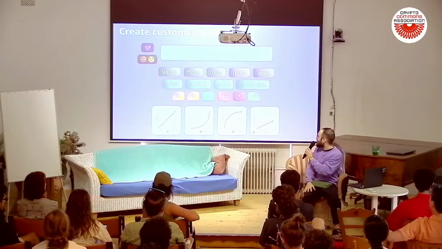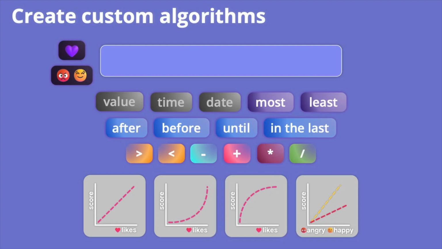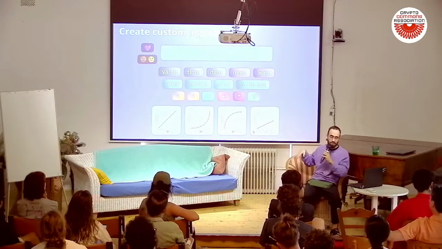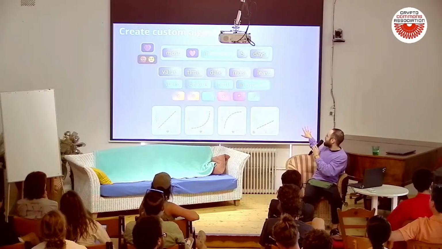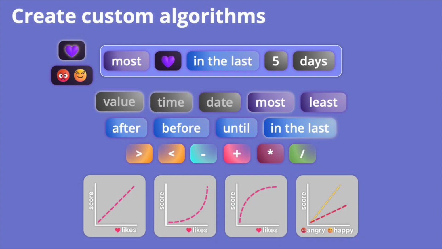Resources. We want this to be as accessible as possible, to really be as low code or even no code if possible, with tools like this, right? Like you can take, can you go to the next slide? No, yeah. So the most likes in the last 5 days, we can arrange a feed that way, right? So the things that have the most likes in the last 5 days go to the top, the community sees them first, we all share this algorithm. This algorithm is open for everyone to see how it works. Yeah, and for us to collectively decide on the